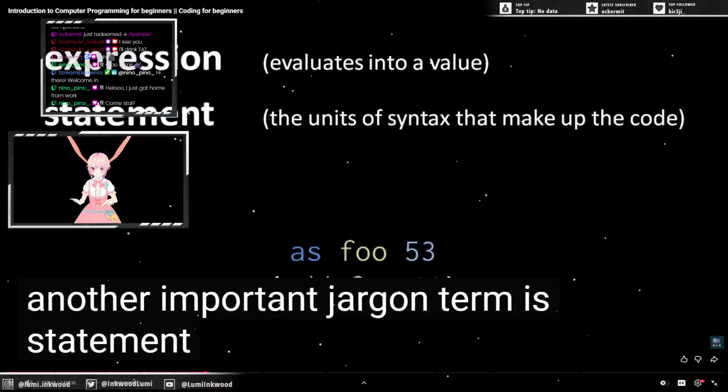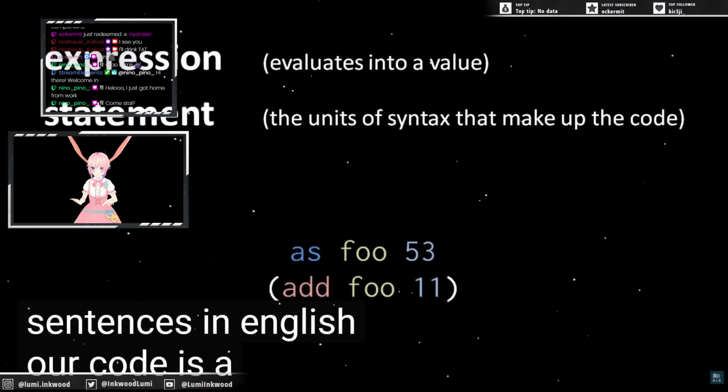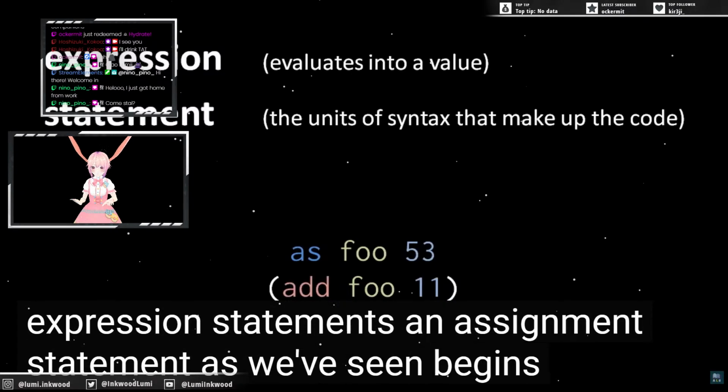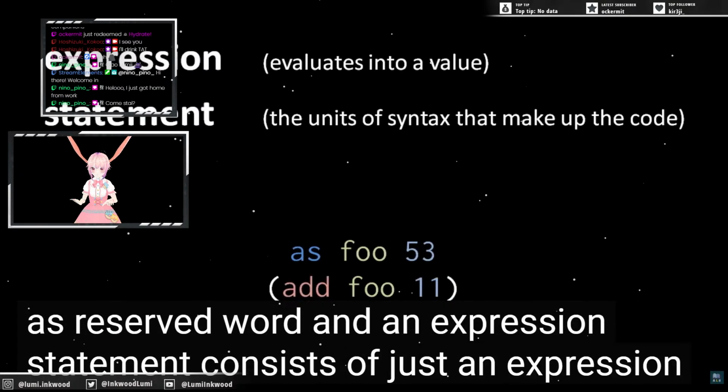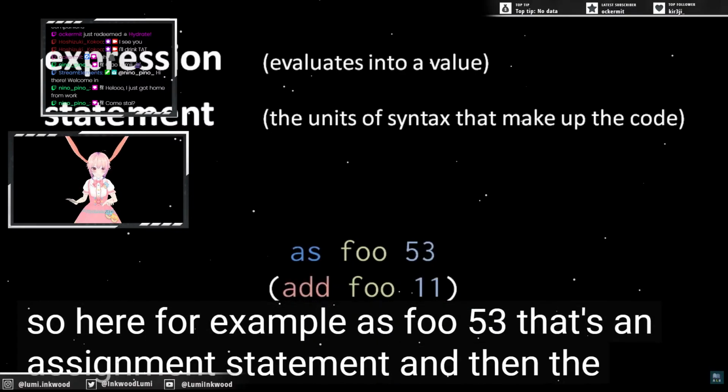Another important jargon term is statement. Statement is just a generic term for the units of syntax that make up our code, somewhat analogous to sentences in English. Our code is a series of statements. So far we've seen two kinds of statements, assignment statements and expression statements. An assignment statement, as we've seen, begins with the as reserved word, and an expression statement consists of just an expression, usually an operation to perform some action. So here, for example, as foo 53, that's an assignment statement, and then the next line, the addition operation, is